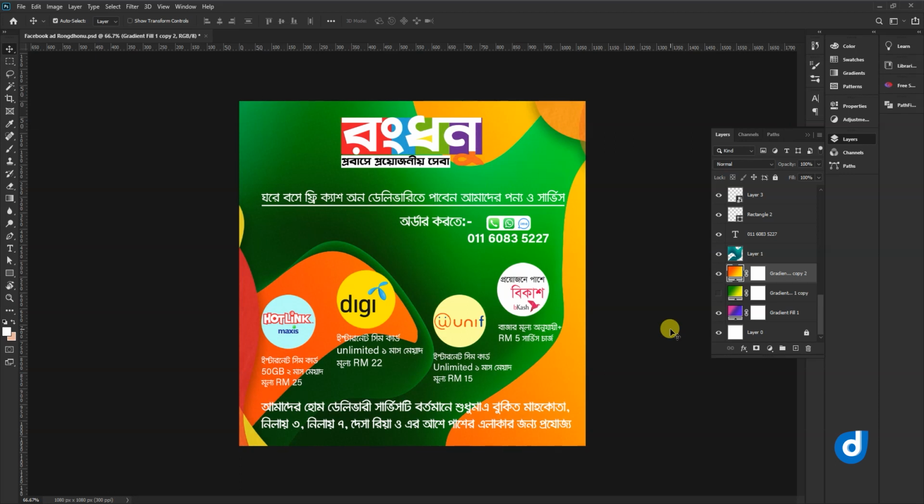Rongdhonu is an online shopping service that provides household goods, airplane tickets, tour agents, food, and so on. They provide these to non-resident citizens. So it is very helpful.